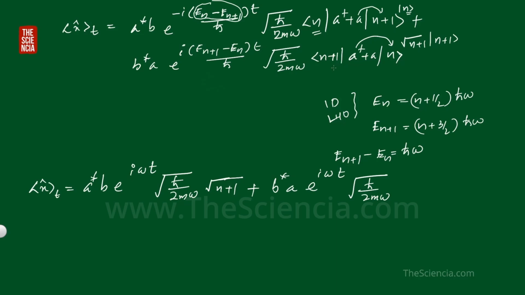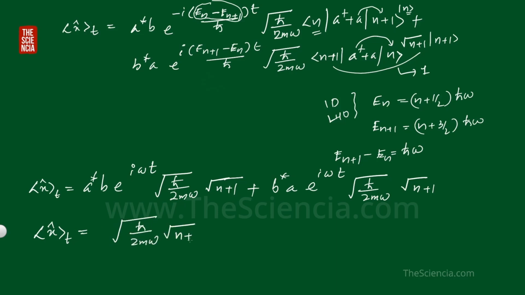So this will give value 1 and the other term will give 0. That is, we will get root n plus 1. So we can simplify this term, that is, the expectation value of x at time t is equal to root of h cross by 2m omega root n plus 1